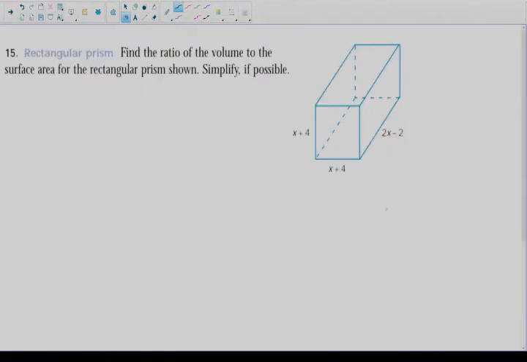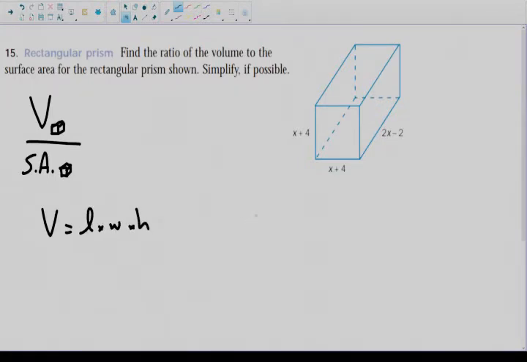Okay, next question. Find the ratio of the volume to the surface area for the rectangular prism shown. Simplify if possible. So very similar to the previous question, we have volume of the prism divided by surface area of the prism. So let's figure out the volume formula for a rectangular base prism is length times width times